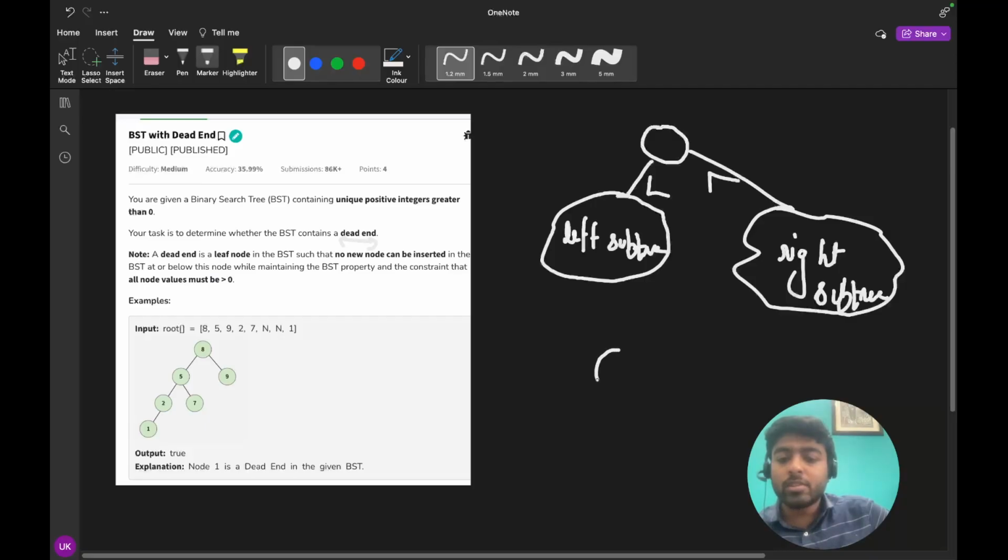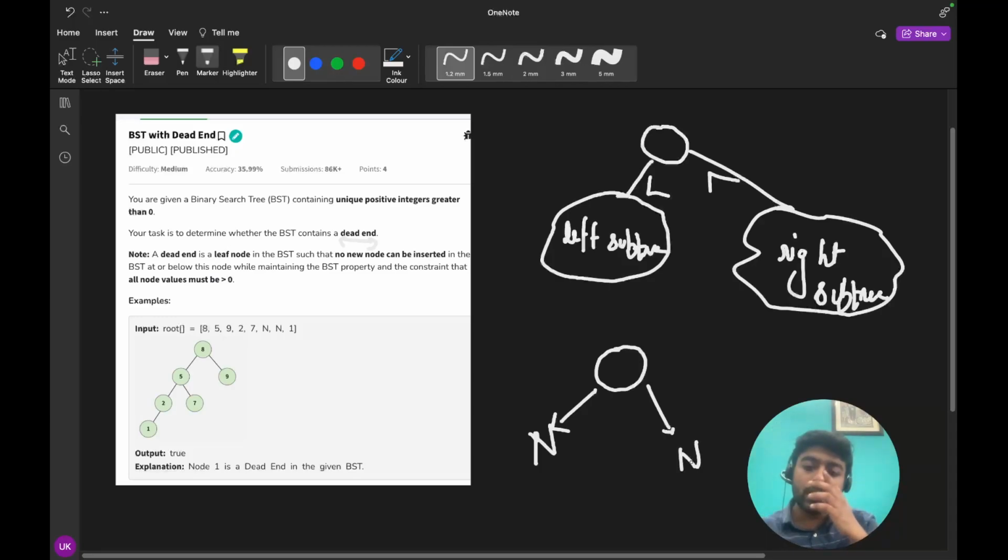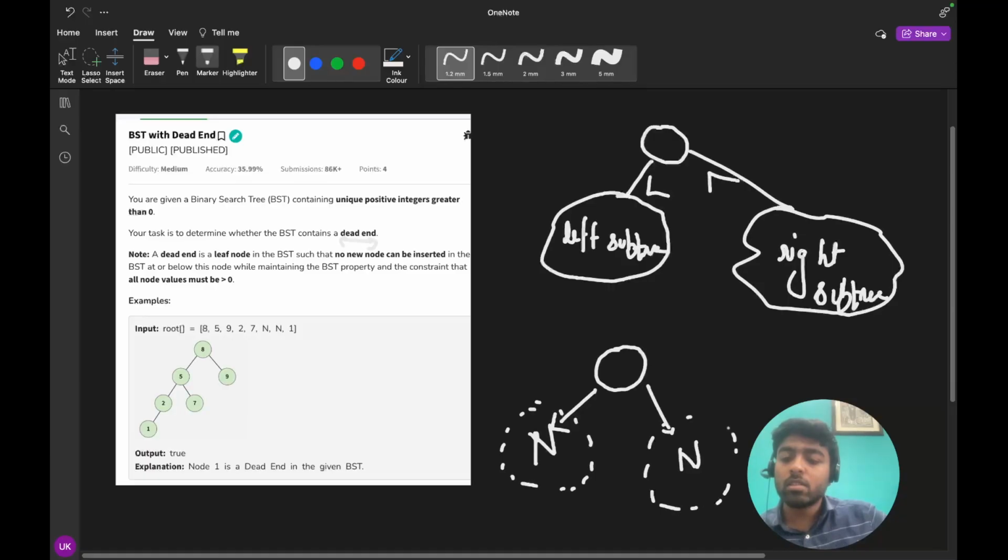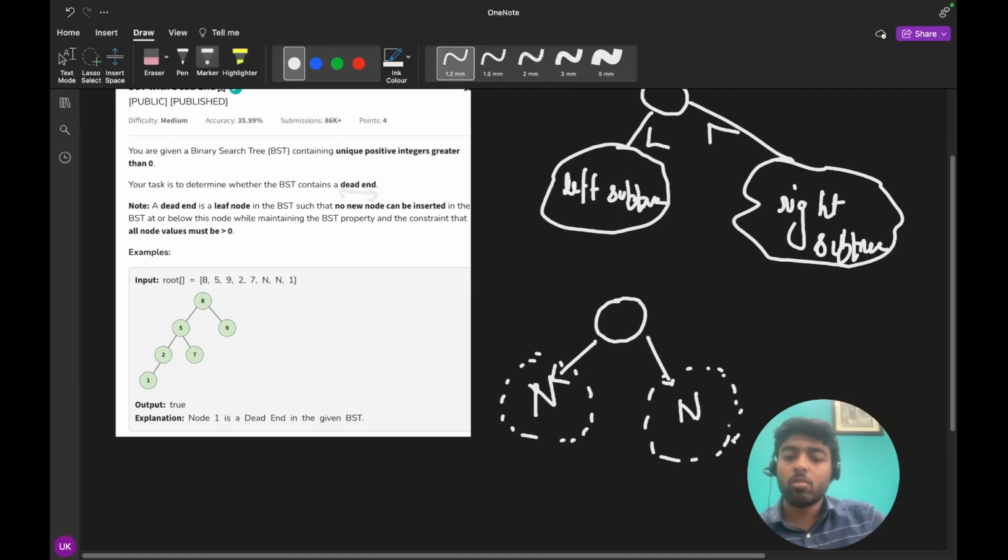So it is saying that you have to check for the leaf node. What is the leaf node? A leaf node is a node that does not contain any child, meaning the left child is null and the right child is null. So it is saying, can you put some node here, or can you make a tree here, while maintaining the BST property. Okay,